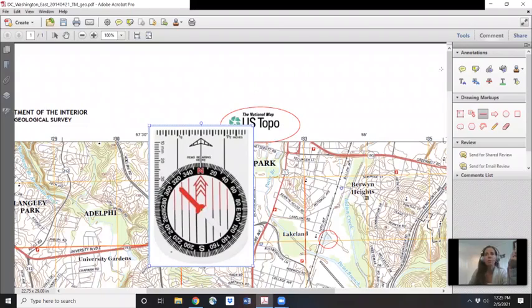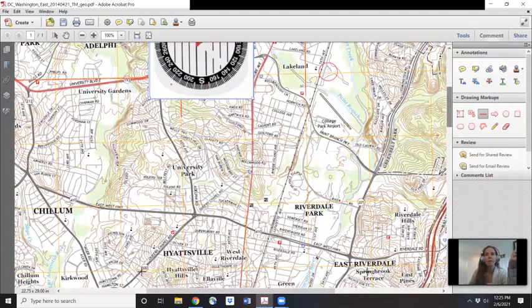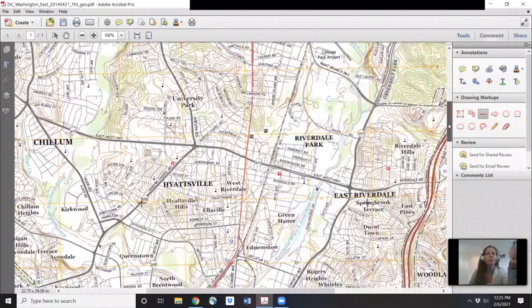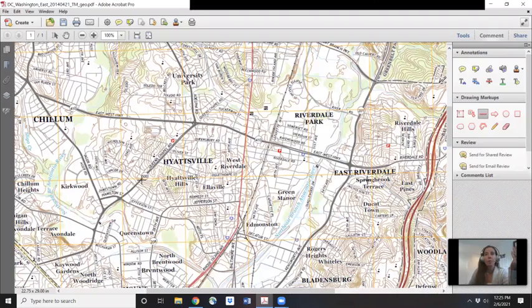You'll also notice on the topo map the contour lines. As they get more densely packed, that's indicating more rapid change in elevation. And you will be watching a separate video that explains how to interpret contour lines. But I hope you found this helpful and have fun practicing with your compass and the digital topo map. Next, I'll have a video of how to use the printed topo